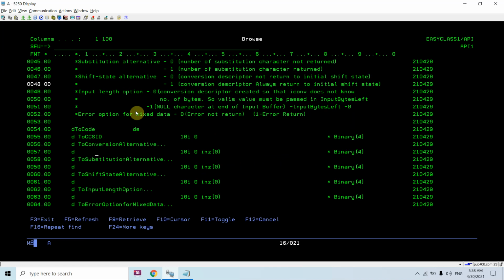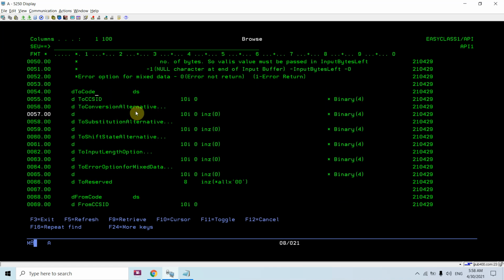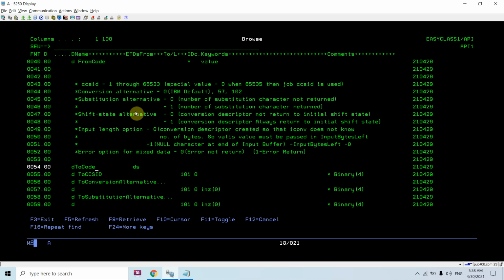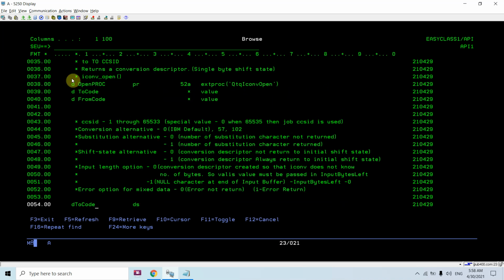Now let me show you to code. To code is a DS, so I'll be passing the address of this to the first procedure, that is the open procedure, mainly this one.